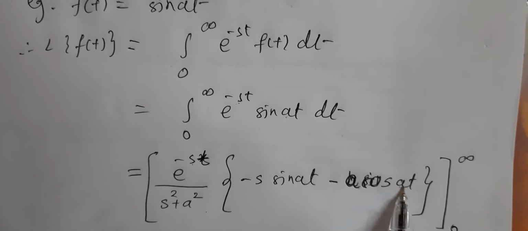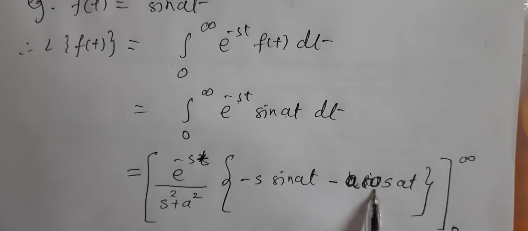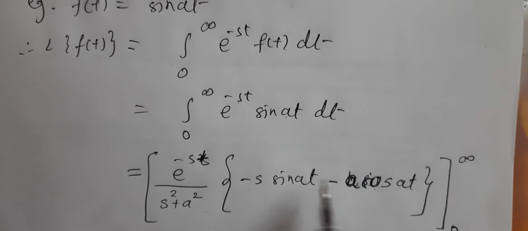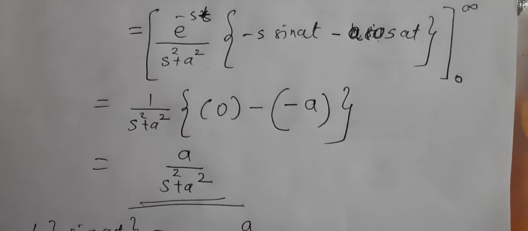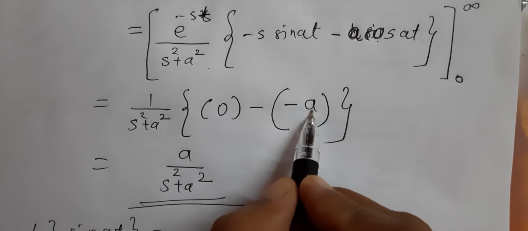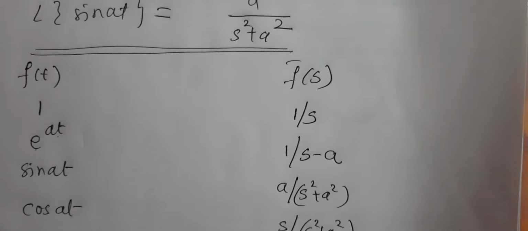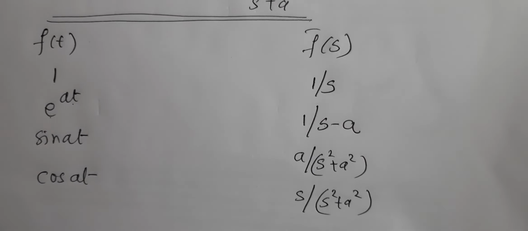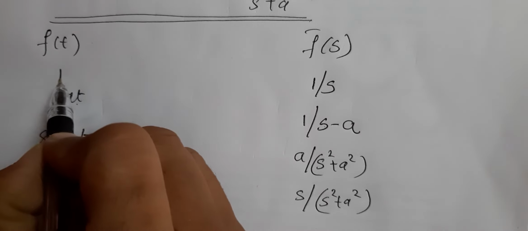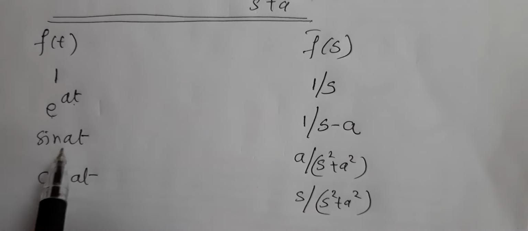You will realize when you actually solve it, when you put the upper limit it is 0, but when you put 0 here, the sine term is going to become 0. Here it is the cos term which is 1. So what will be left with us is minus s instead of this minus a. And then ultimately instead of a upon s² + a², what we are going to get is s upon s² + a². You can try for this formula. First two are very simple. Everyone knows e raised to at into 1 integration. Everyone can do e raised to minus at integration. I showed you sine. Same way you can do for cos.